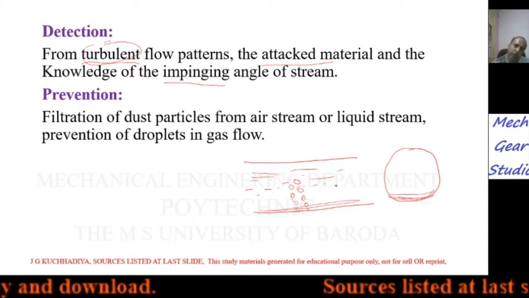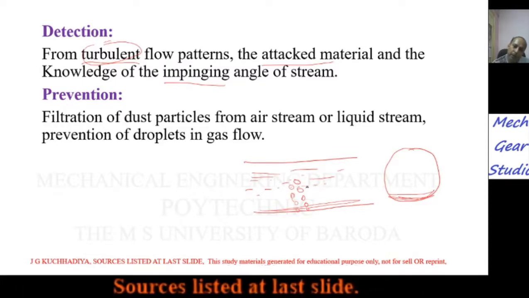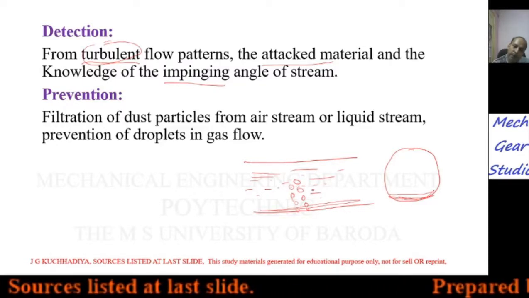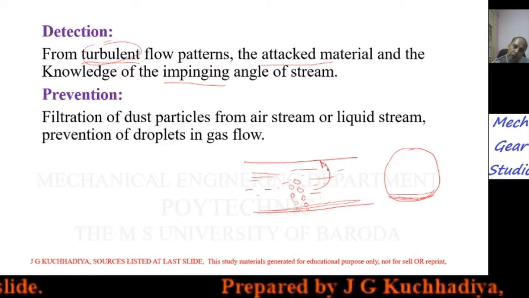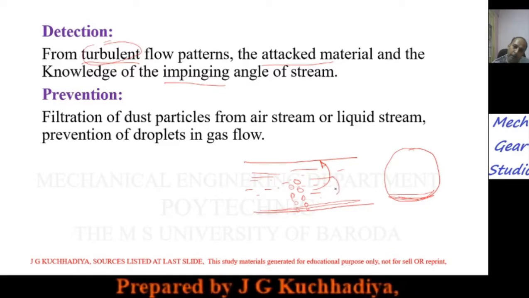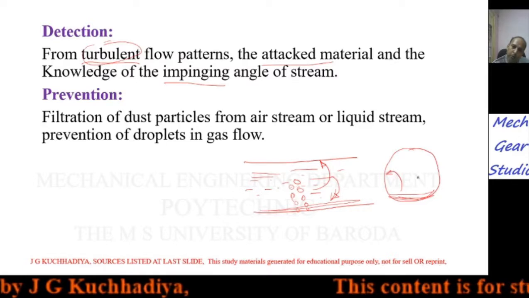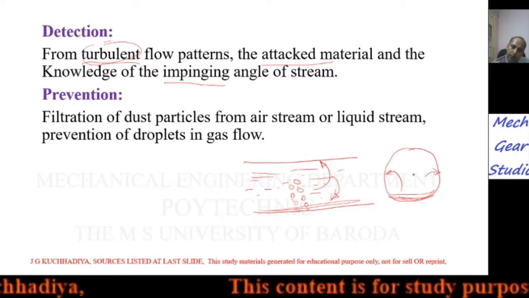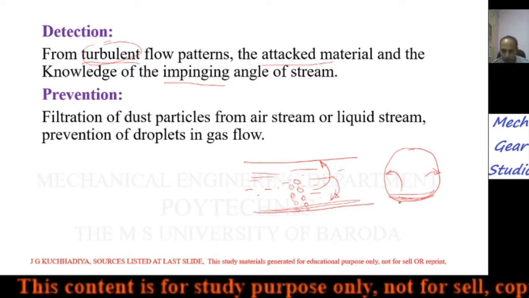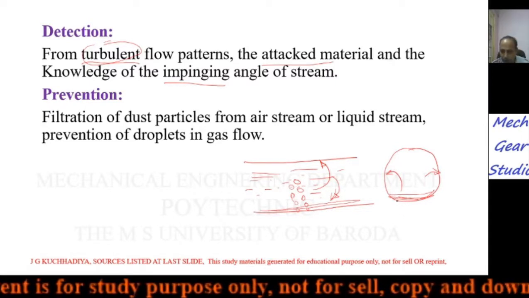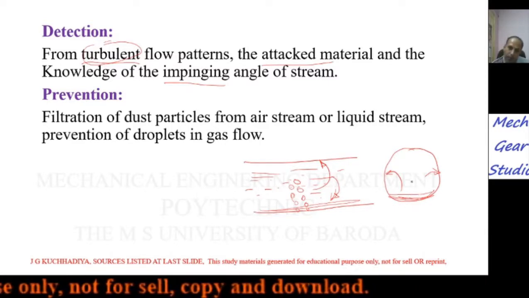But suppose velocity is higher and turbulence is created, then what happens? That is not streamline flow. The particle will move from the center to the upper wall also, and it may come to the lower wall also, and it may strike the side wall also. So in turbulent flow, the erosion is uniform all over the surface. But if the flow is laminar, then we have to consider this surface in the proper way, so we can reduce the erosion effect on the pipe.